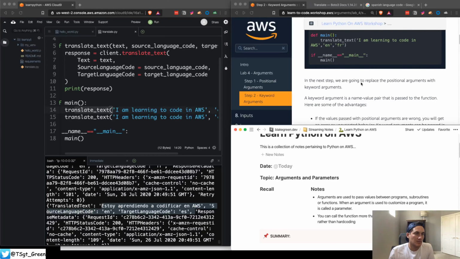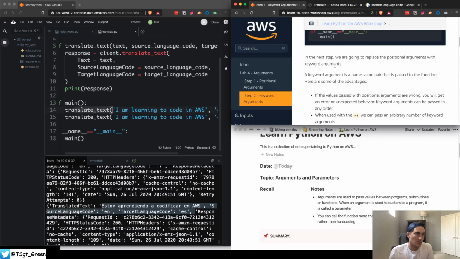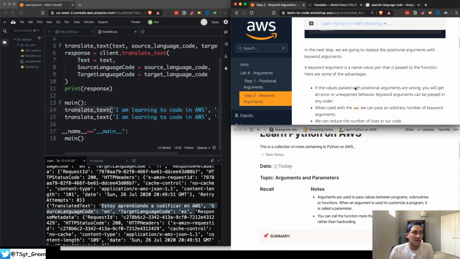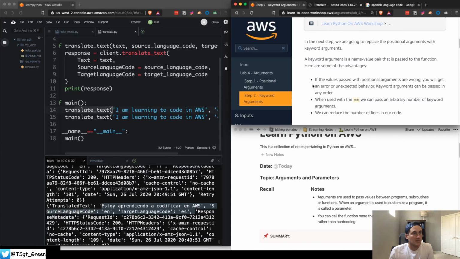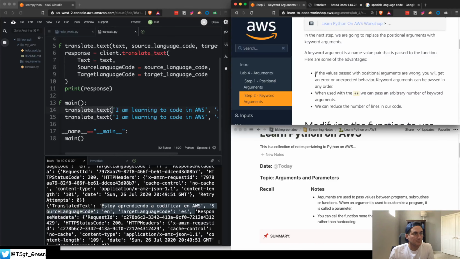in this next step, we're going to replace positional arguments with keyword arguments. Keyword arguments is a name value pair that is passed to the function. Here are some of the advantages of keyword arguments. If the values passed with positional arguments are wrong, you will get an error or unexpected behavior. Keyword arguments can be passed in any order. I can kind of see that being a good and a bad thing, but